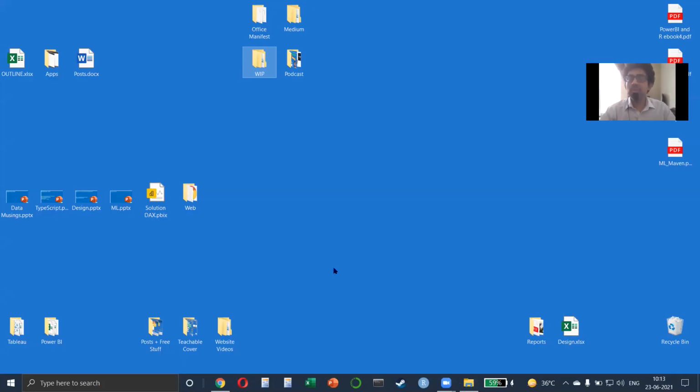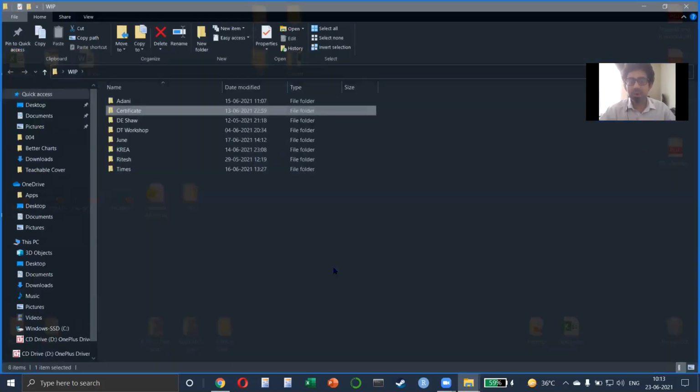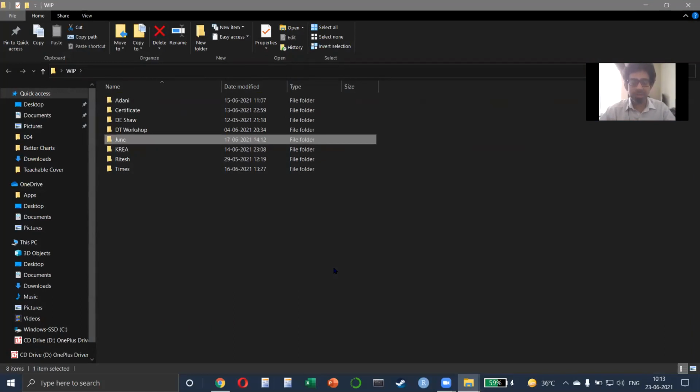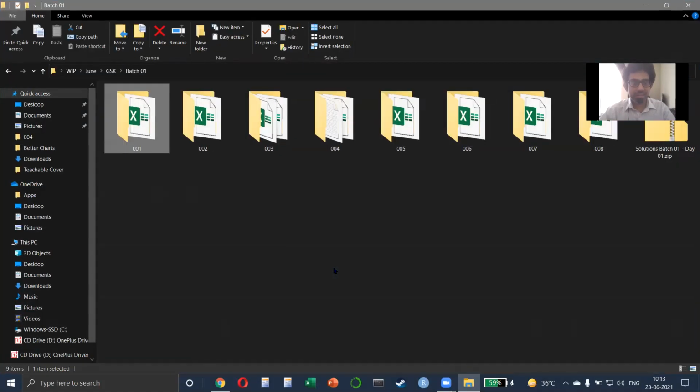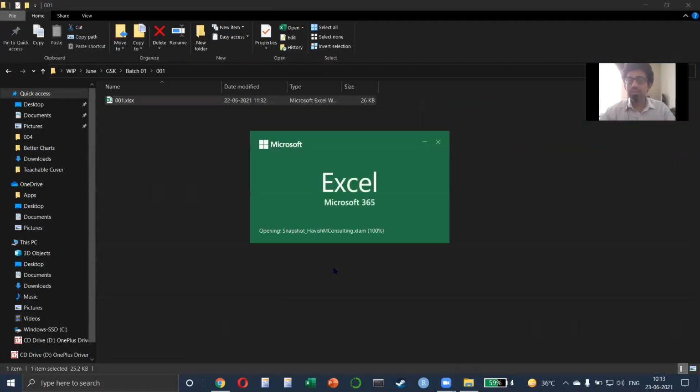We will continue from where we left off. Yesterday we had done some tips, tricks, text to column, flash fill. We had also done some text functions, right? So quick recap of what we had done, and we will continue from that point. So we had done yesterday 001, which is